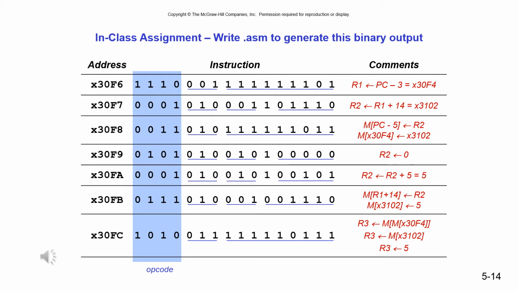Here is your first assignment with regard to the LC3. I'd like you to reverse engineer this machine language program. Notice it starts at x30F6, and you can see the opcode for each of the instructions. I want you to, and this is in the timeline as an assignment, take this program,